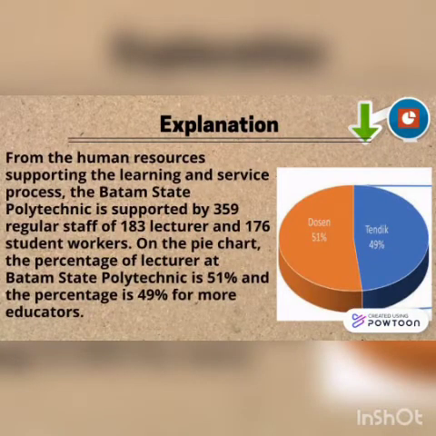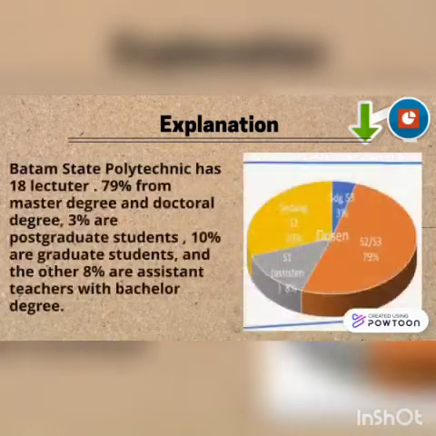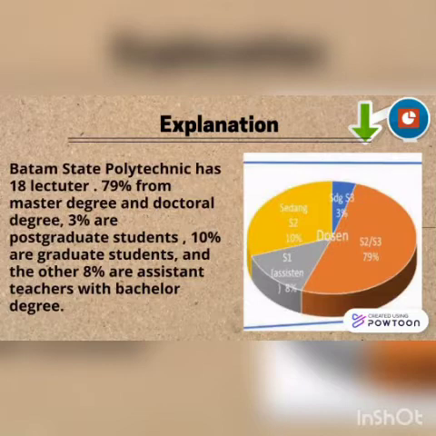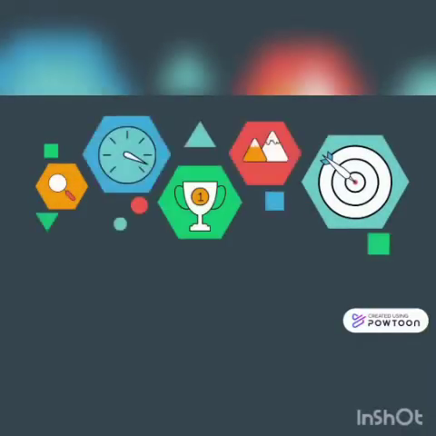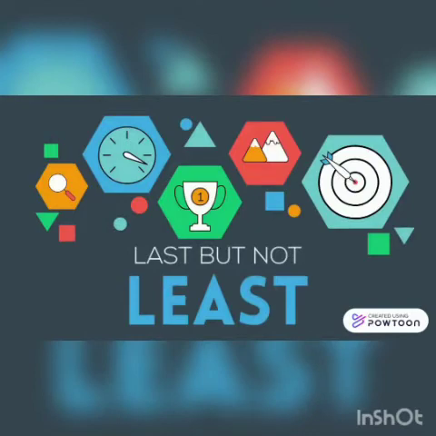Batam State Polytechnic is supported by 359 regular staff: 183 lecturers and 176 student workers. On the pie chart, the percentage of lecturers at Batam Polytechnic is 51% and 49% for educators. Batam State Polytechnic has 183 lecturers, 79% from master's degree and doctoral degree, 3% are postgraduate students, 10% are graduate students, and the other 8% are assistants. Okay? Last but not least,